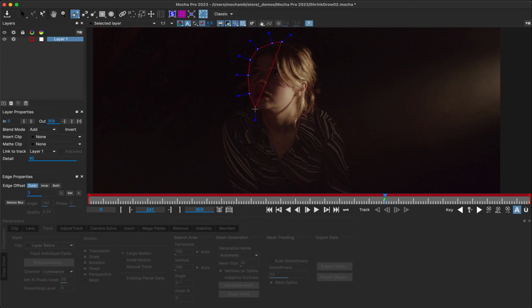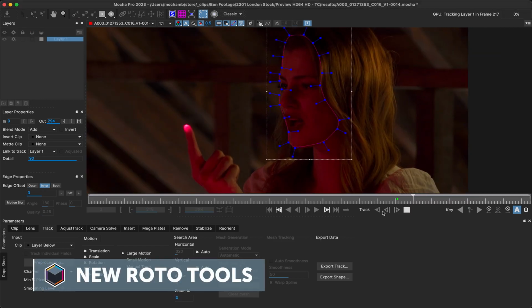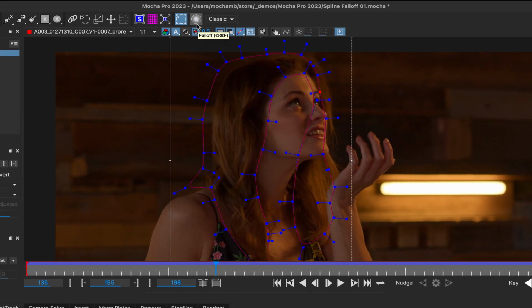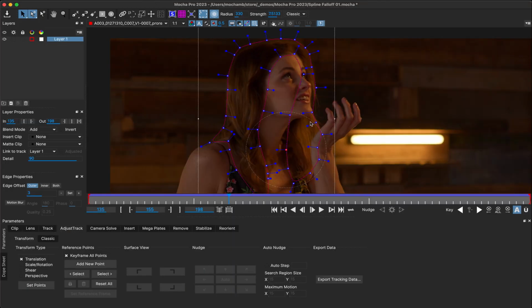First up, we have a new batch of spline operations to make the thrilling job of rotoscoping much less time-consuming. We now have a new fall-off tool to adjust splines more organically, using an effective radius and strength to pull adjacent points. This is especially useful for moving large areas of points when you're doing big roto changes. The fall-off tool has been designed to only affect the spline edge you're currently working on, so tight shapes or other contours are not manipulated across gaps.